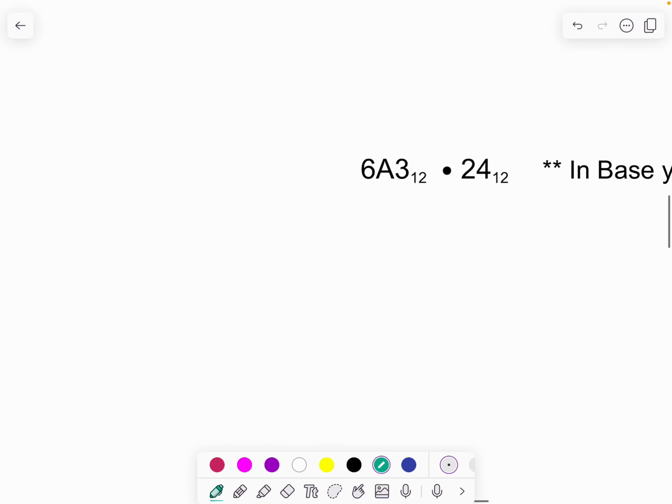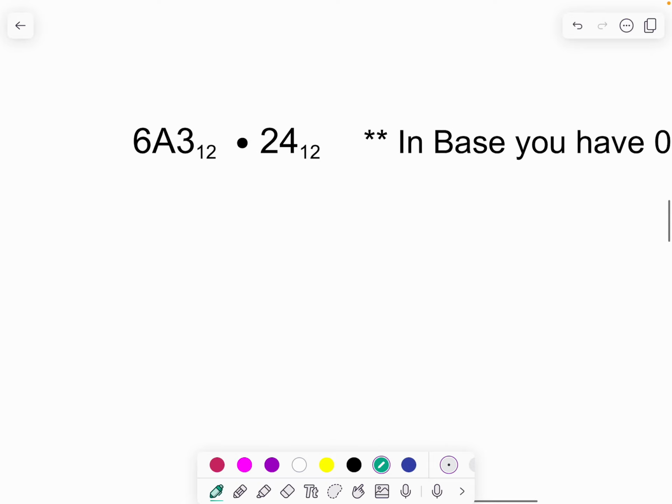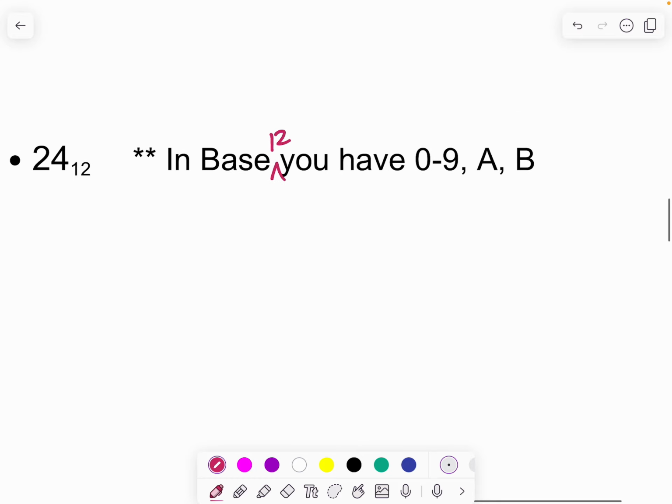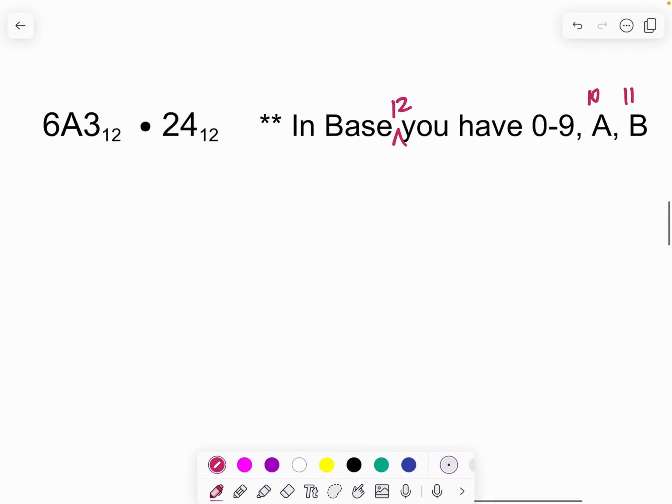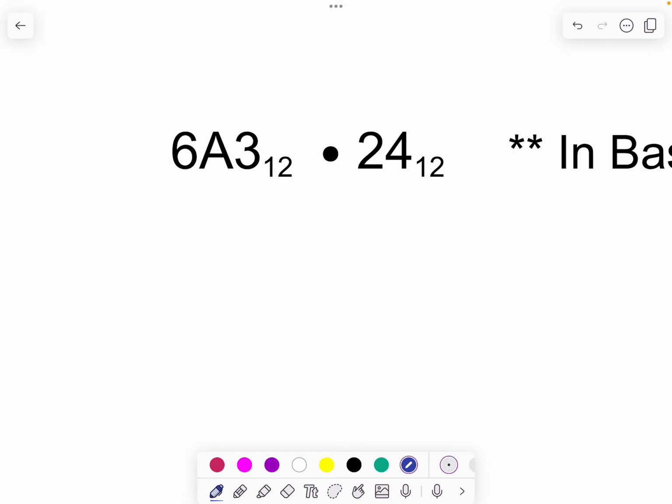All right, the last example that we're going to talk about is this one right here, and in base 12, apparently I forgot the 12. In base 12, since you can only have single digit numbers, we use the values A and B to represent our 10 and our 11. Okay, so this one's going to really test your organization here. So we have 6,